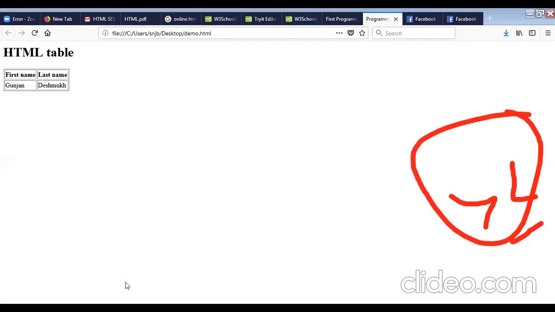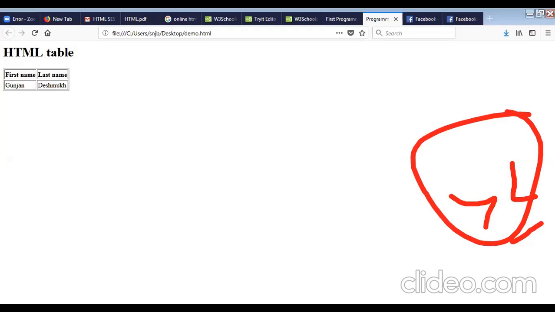Now you can see first name is the heading, last name is the heading. First name is Gunjan, I have entered this, and last name is Deshmukh. Suppose I want to increase the width of this particular part.